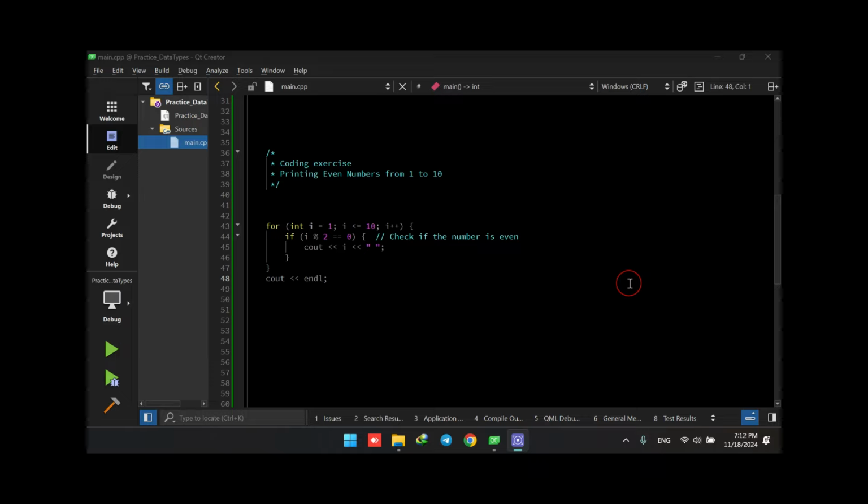Today we are going to do some coding exercises using for loops. We are going to write a program that prints even numbers